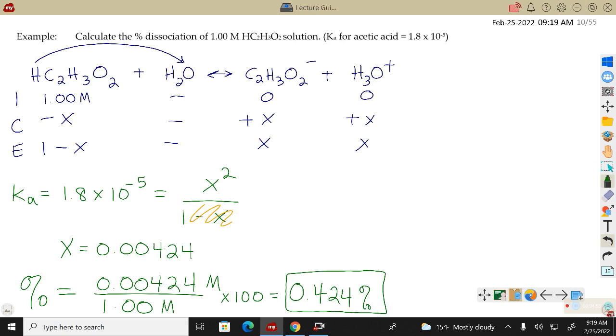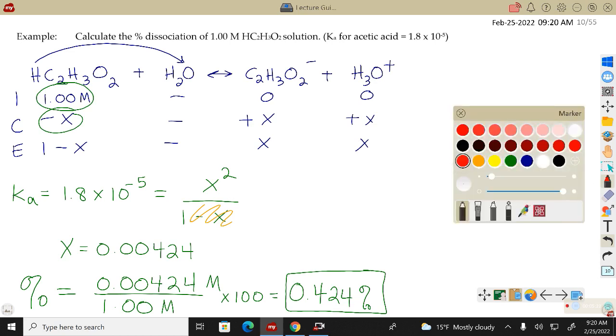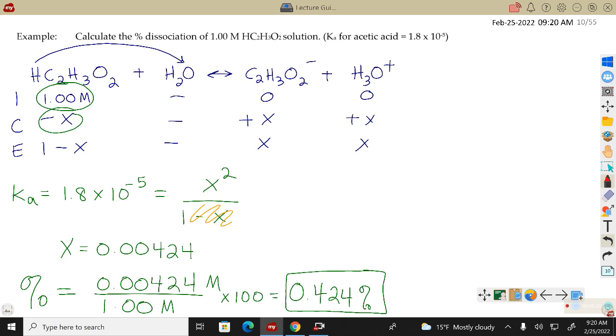Now hopefully that makes sense, because now I want to throw a wrench into it. Most people can get that far and they're like, oh yeah, that makes sense. I get it. A percent is the part divided by the whole. So your x value is the amount of the original acid that dissociated, divided by the initial amount of acid that I had. All right, so now I'm going to make it weird on you. What if I did this whole thing, but with a different molarity? What if instead of it being 1 molar, I make it